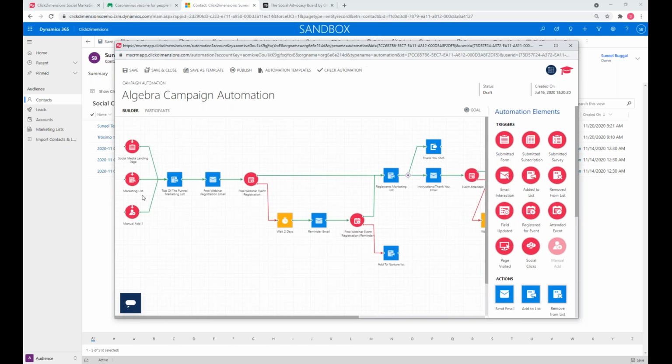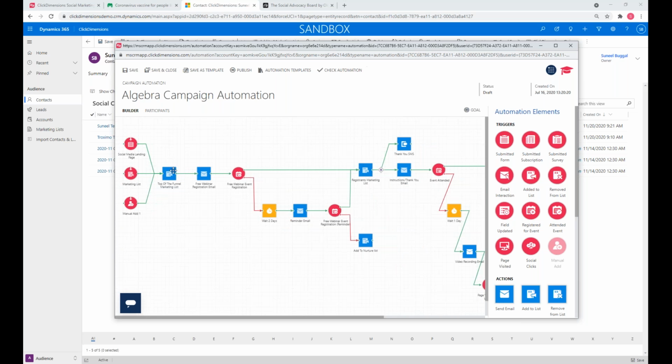Okay, so you can see here on the far left-hand side, here is a top of the funnel, right? That I've just created. We want to chuck everybody into this top of the funnel marketing list. And from there, we want to begin the nurturing, right? Whether this is an invite to a webinar or whether this is just a simple email, whatever it may be. And you can see the various ways in which we can actually capture people to go into the top of the funnel. Maybe I'm manually adding this. Maybe I'm doing it on an on-site event. Maybe I'm manually collating names and email addresses, and I'm going to put this into the top of funnel. Maybe it's a marketing list that I procured from somewhere from a previous campaign, or maybe it's just landing pages, or whatever it may be.